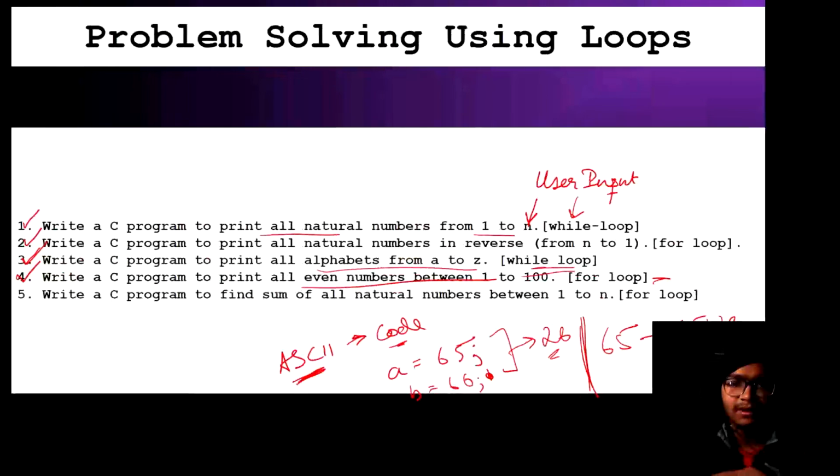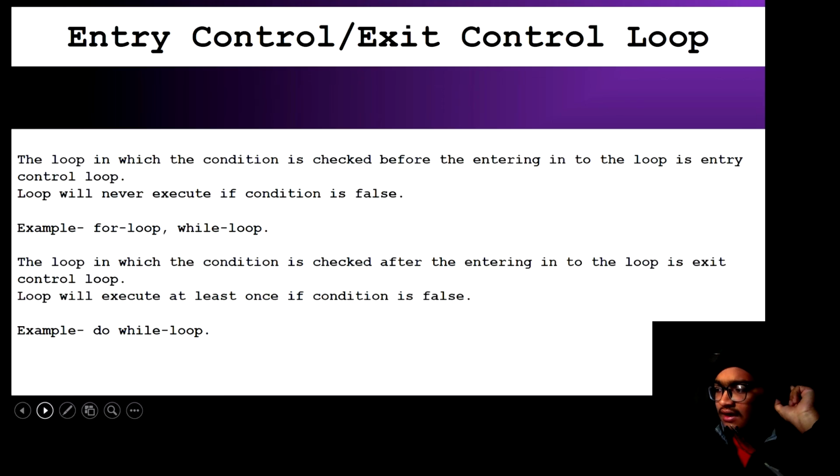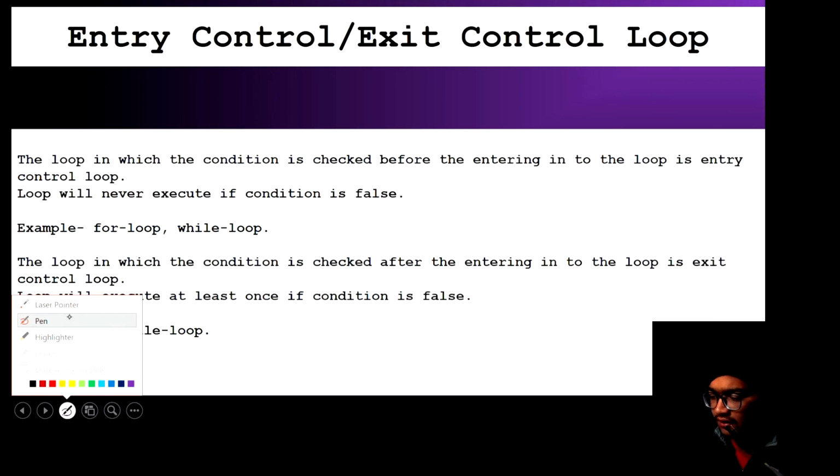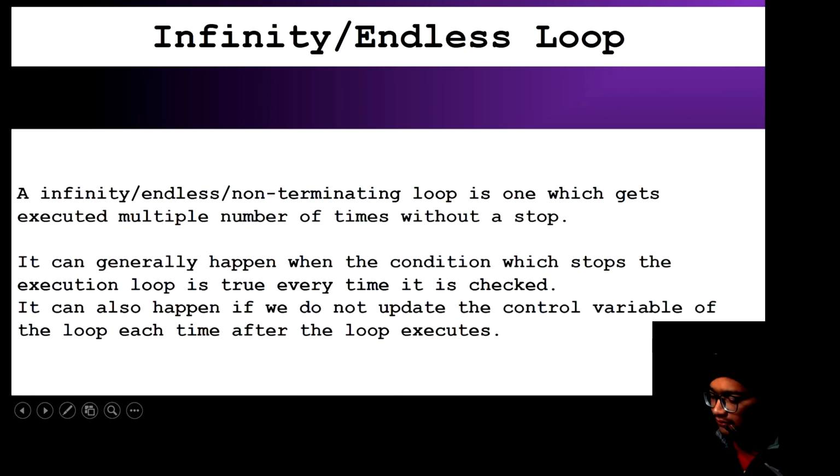So let's go to the theory part, and next we have to discuss two things. Only two topics are remaining in loops: the entry control loop and exit control loop, and the endless loop. So what is the entry control loop? This is just the theory part. I am giving a reading. You already know, I have mentioned it while teaching you. So the loop in which the condition is checked,